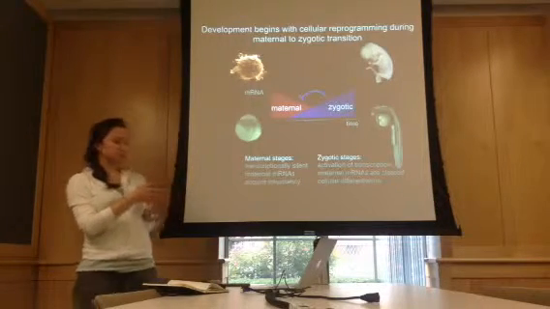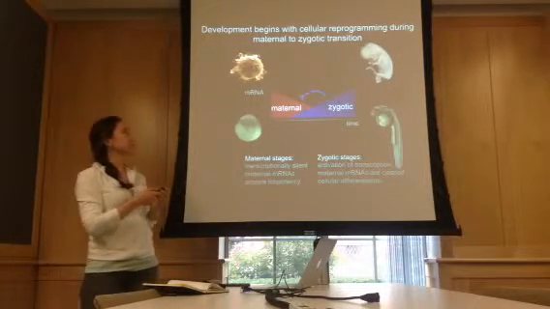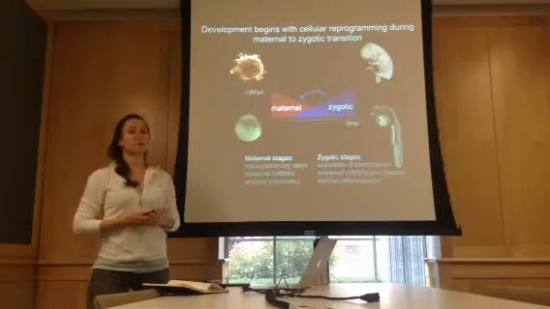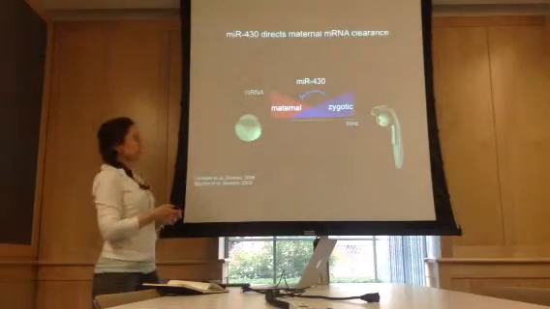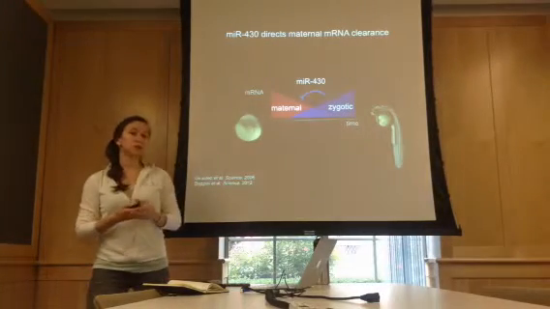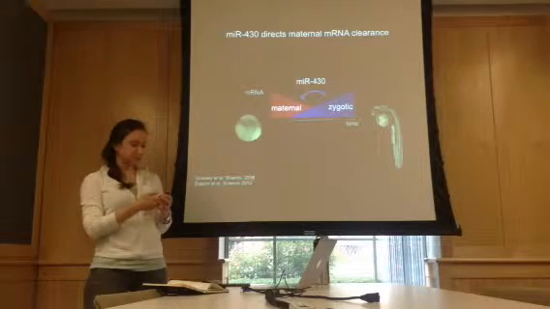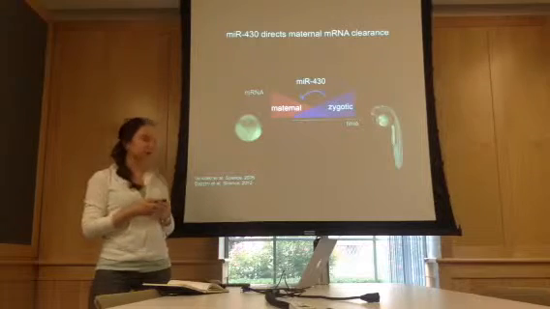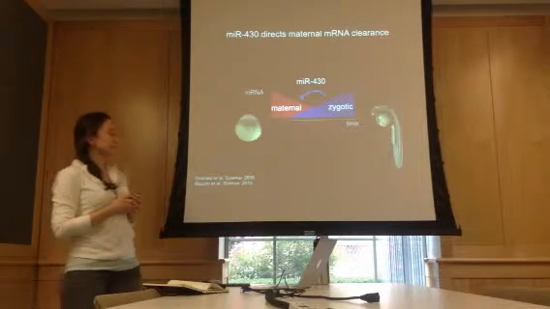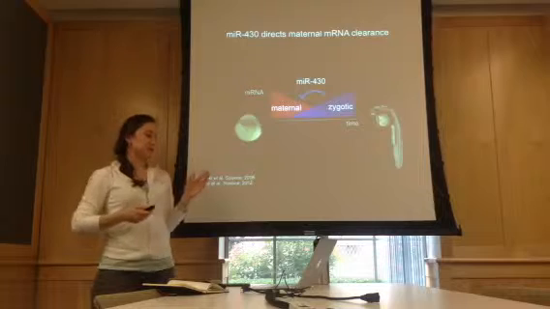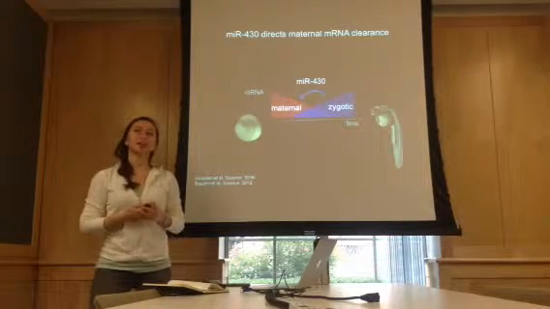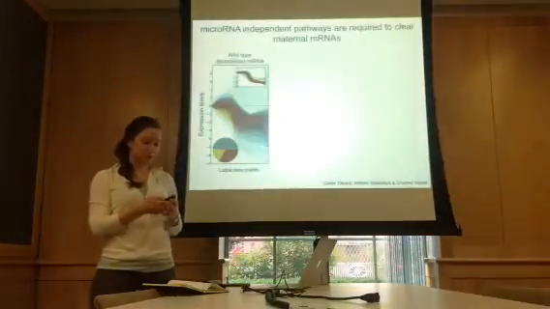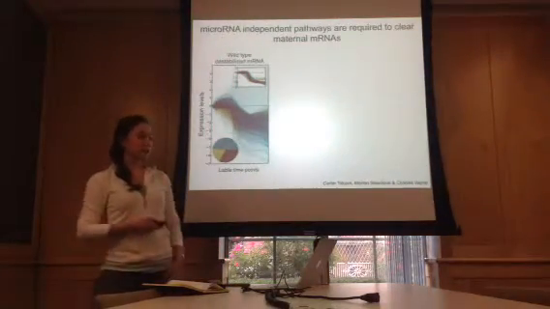So it's been long appreciated that zygotic transcription triggers the clearance of maternal mRNAs, but the factors responsible for this activity have for a very long time been elusive. And the first zygotic factor known to function in this process was identified in zebrafish to be a microRNA. miR430 is a zygotically transcribed non-coding RNA that recognizes its targets through a specific sequence in the 3' UTR and targets mRNA repression and clearance. But it turns out that miR430 is not the whole story.